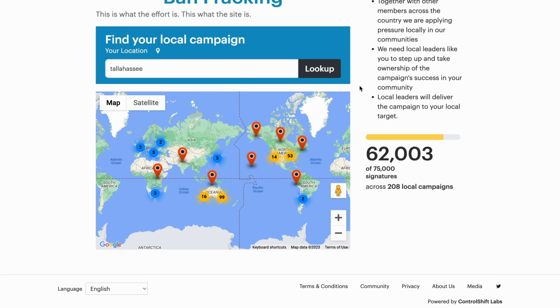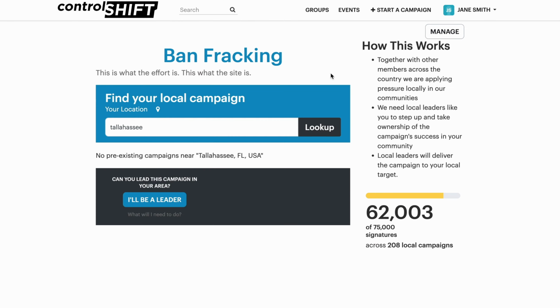The final way that supporters interact with an effort is by adding their own targets or their own decision makers to the effort. You can see that flow if we go back to the effort's landing page and search for a location where there are no decision makers nearby. You can see that there are no pre-existing campaigns and there are no decision maker records that have already been identified by the organization. When a search has no matching decision makers or petitions, you can choose whether your supporters will be able to add their own targets or whether they should just be asked to search again.